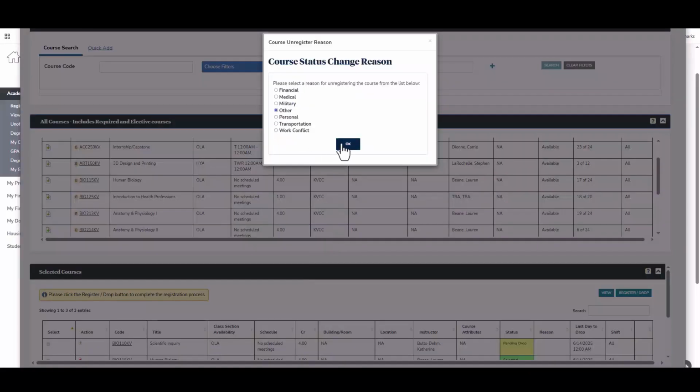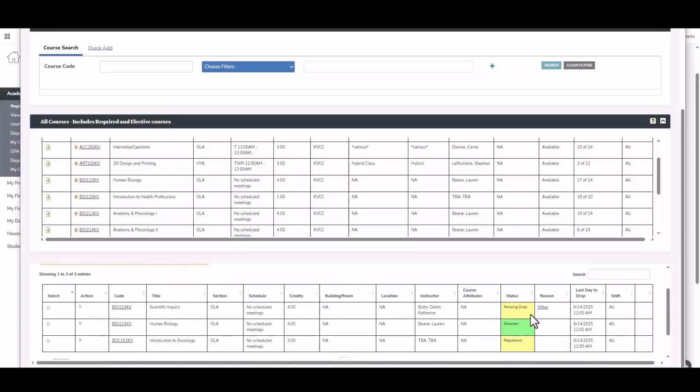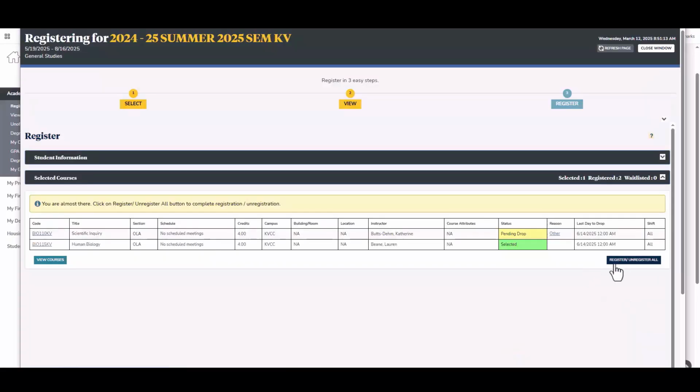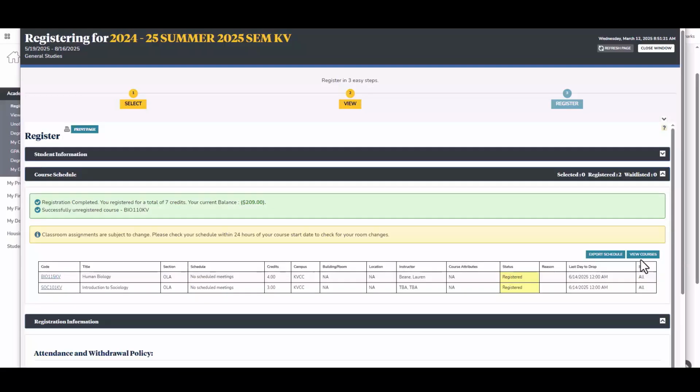Again, you will give a reason for it. Now you will see you have a pending drop and a pending selected class for registration. We're going to click on Register/Drop. Next, click Register/Unregister to do both at the same time. Now that you have swapped that out, you will see the new course is registered and the other class has